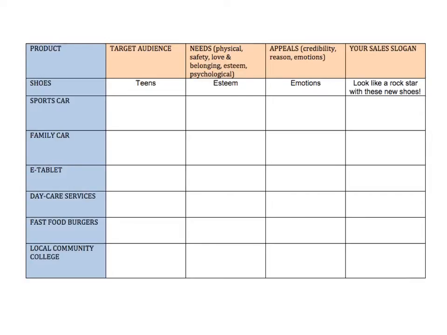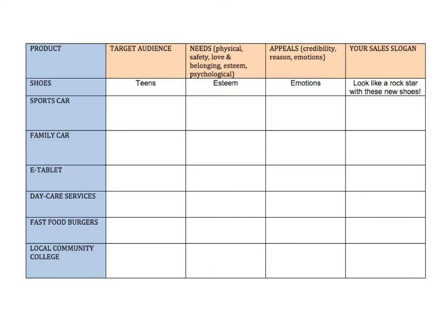This is a quick introduction to how to complete practice 10-4, which talks about a target audience, the needs from Maslow's hierarchy, appeals of credibility, reason, emotions, and then you'll have to use your own imagination to come up with a sales slogan. So what you're going to do is look at each of the products on the left-hand side